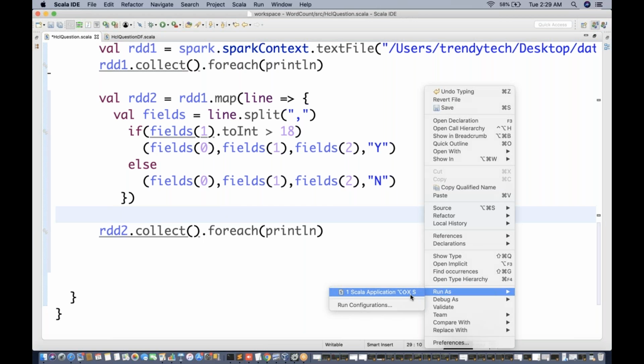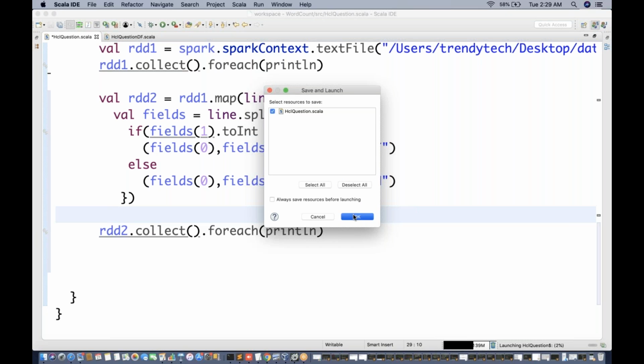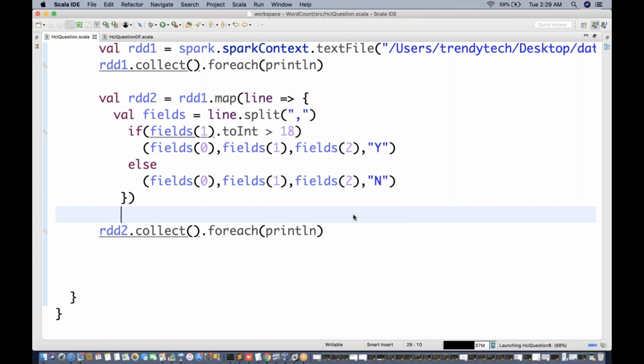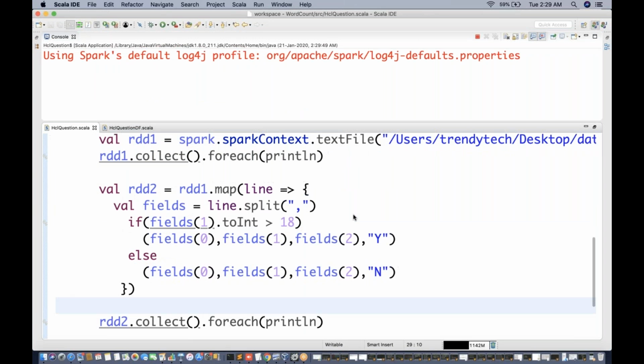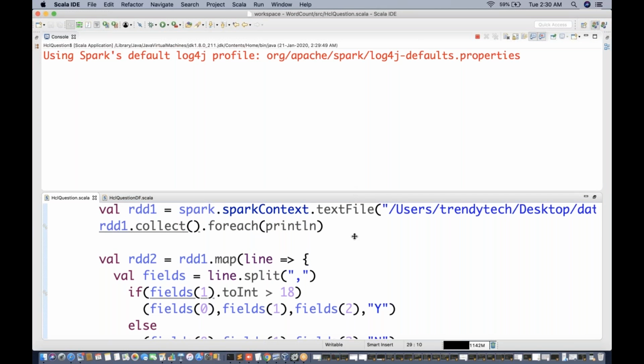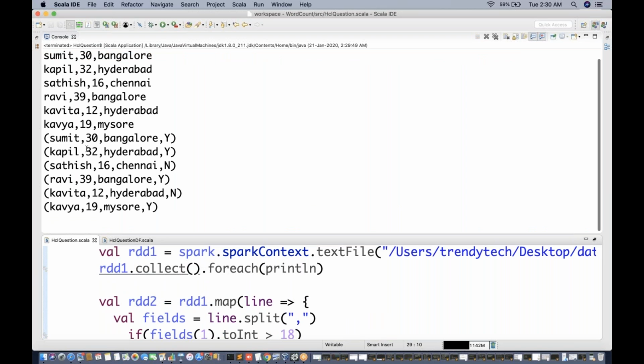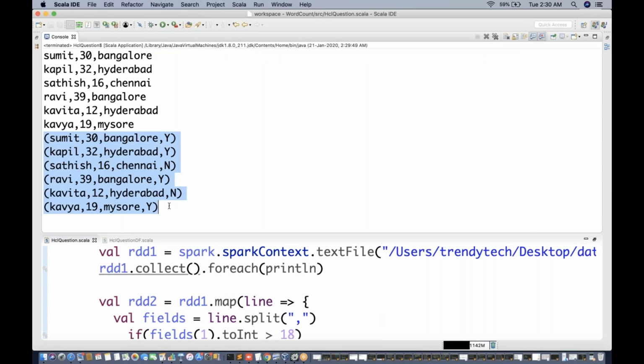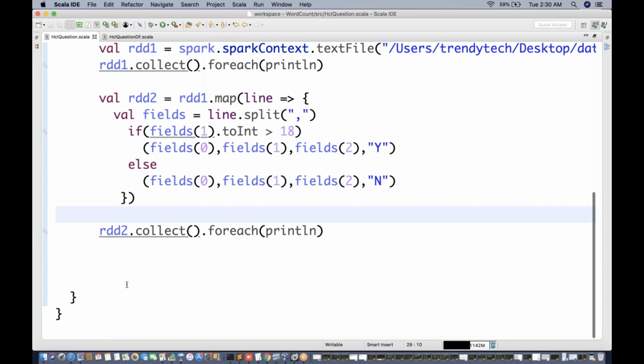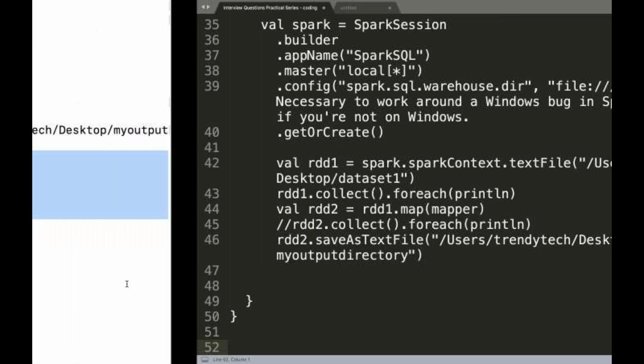Run as Scala application. So you can see this is your output, the same output we were getting previously. Just have a look. I will also take it and put it in the document.